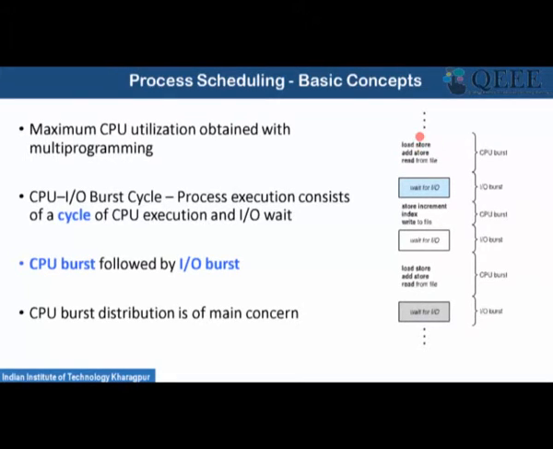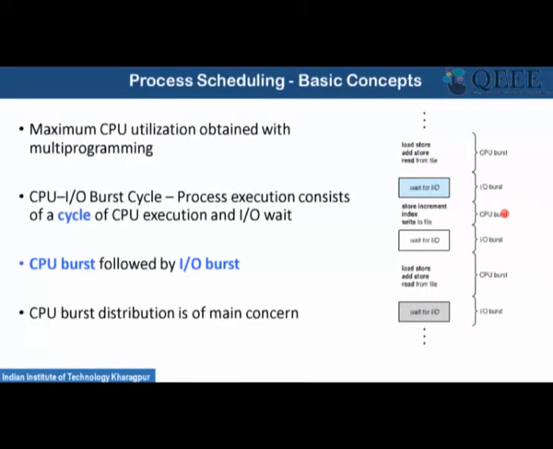In general, a process has repeated CPU bursts and IO bursts. A process loads and stores something, reads from a file, and that is a kind of CPU operation. Then it needs to wait for some amount of IO, which is the IO burst. It increments the index variable, which is again a CPU operation. Then again it can wait for IO, and then execute the load and store operation to read and write data from a file, which is again a CPU operation. So a process can have repeated cycles of CPU burst and IO burst.